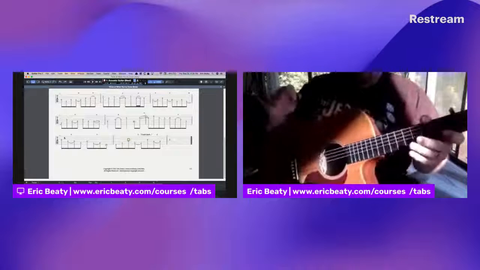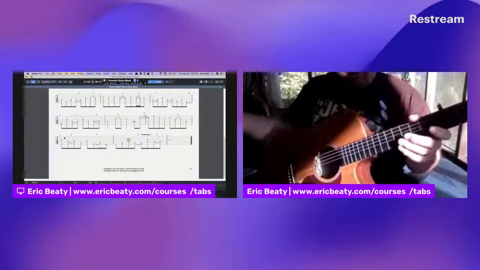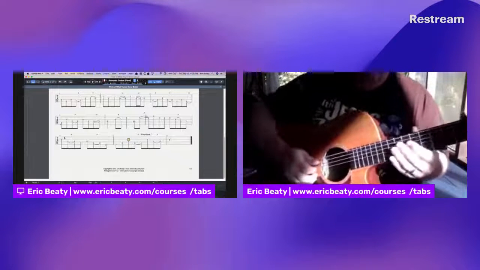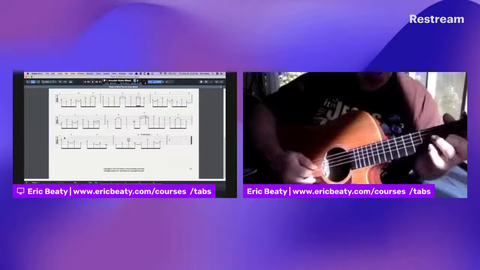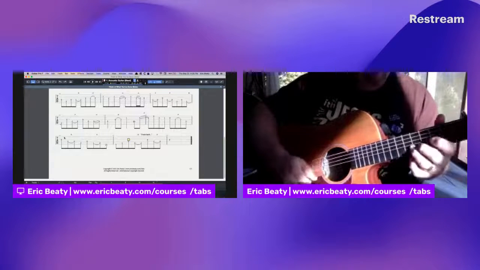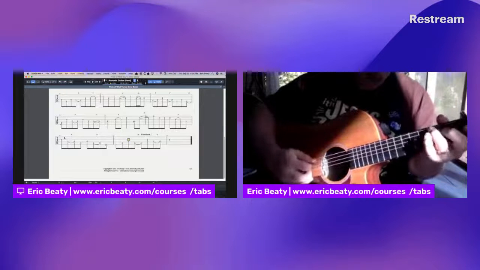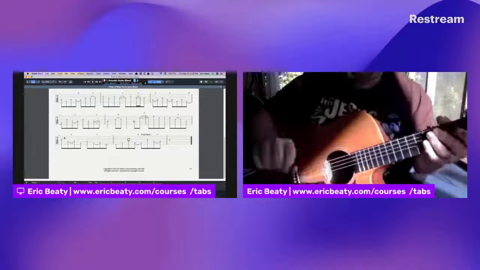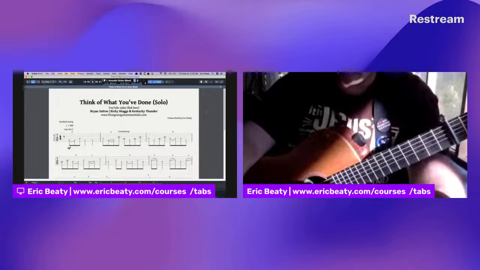And so you could actually do that with the track too. You could slow it down till you feel comfortable with it and then just gradually speed it up and try to play along with it. But that is a very, very tough solo. Okay, so that's how I would just ramp that up and work on it. I'm going to try to work on these tabs here